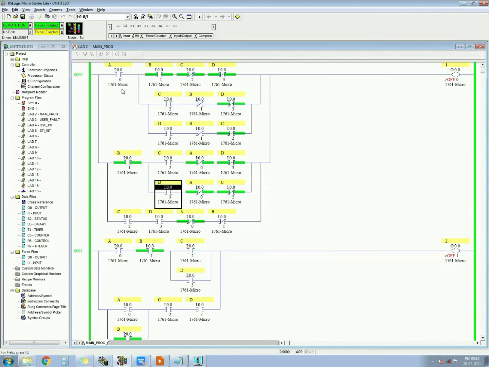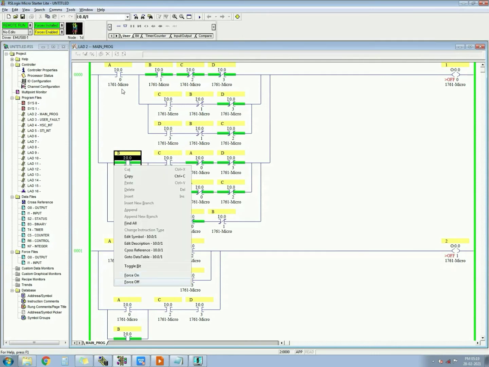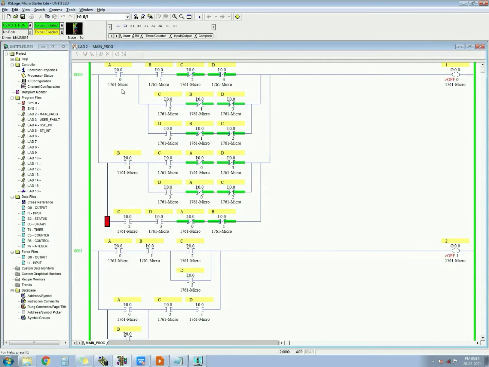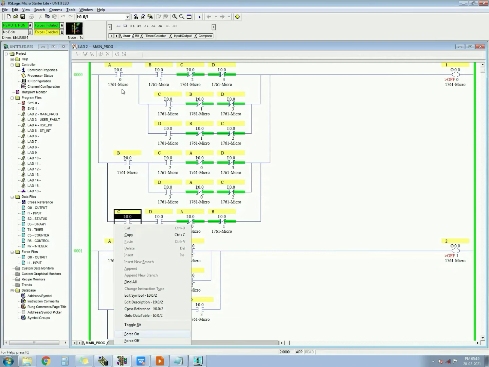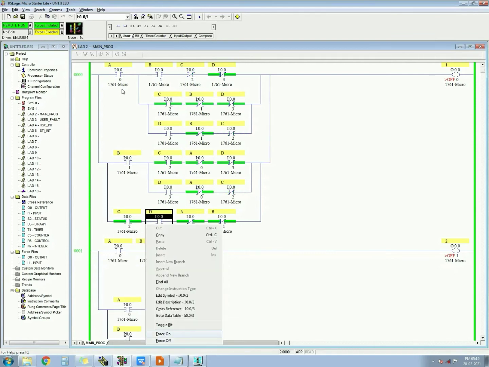With D also it's working. Now I will check with CD also. It's working fine.